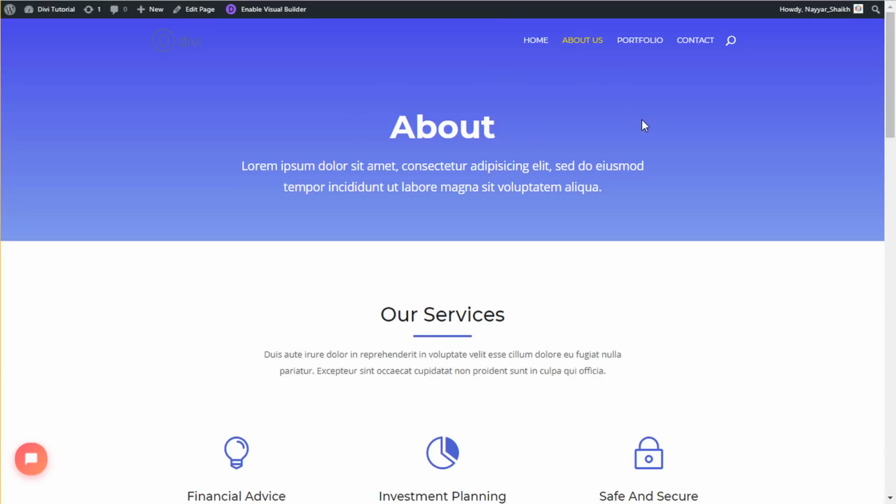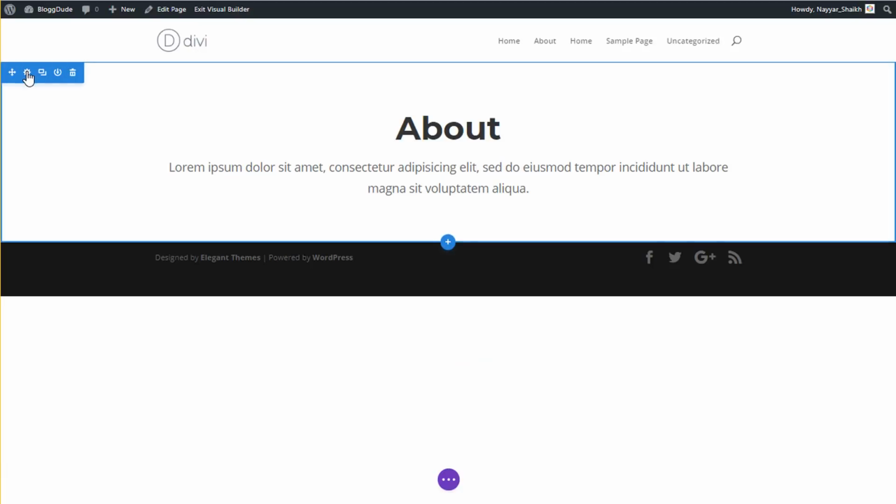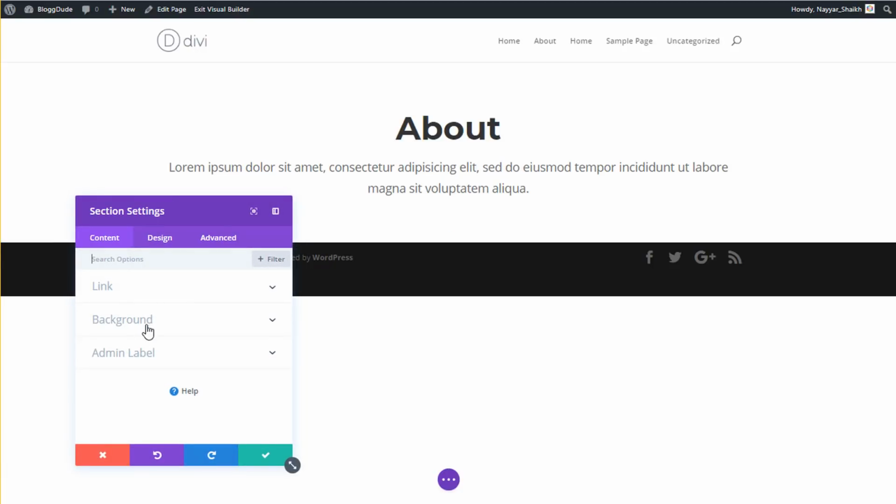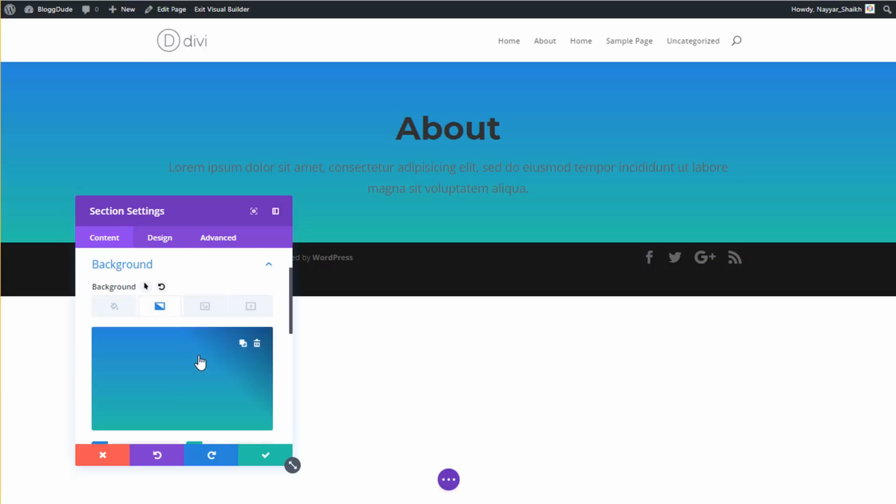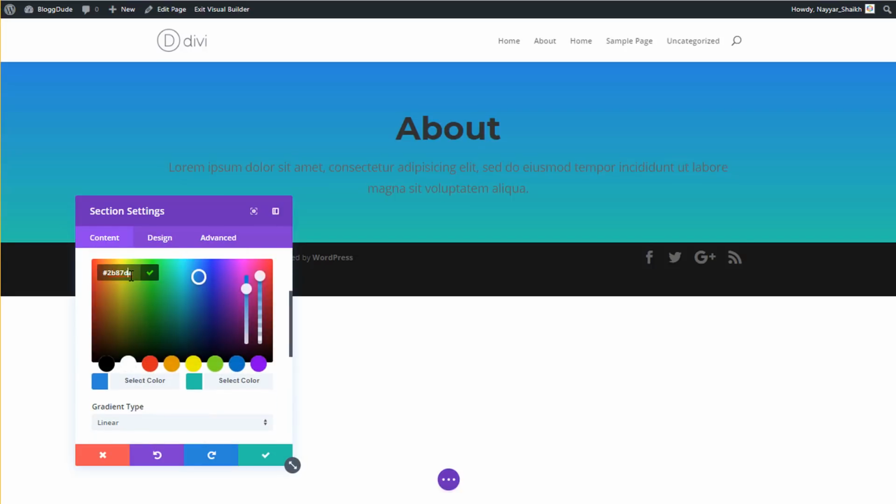Okay, we have to make it like this, and this is also a gradient. So come over here, hover over this, click on this gear icon, click on background, select gradient. Now click on this plus button, and for the first color, I want to choose something like this, a very dark blue color. Now the exact code is #3A34E2. Okay, and for the second color, I want to choose this one. So you can choose this exact same color,